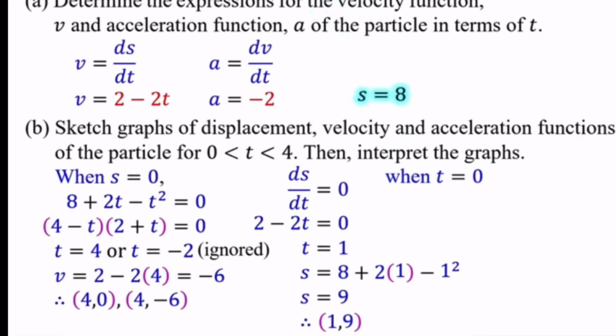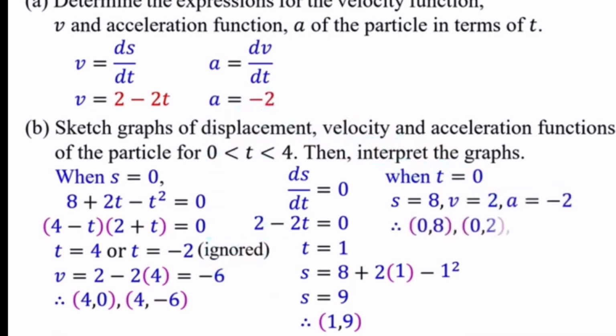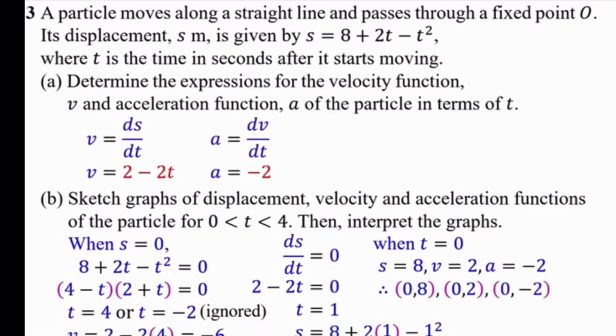We get 9, and then when time is 0, the displacement is 8, the velocity is 2, and the acceleration is -2. So we'll substitute all the time into the displacement, into velocity, and into acceleration, and then only we can